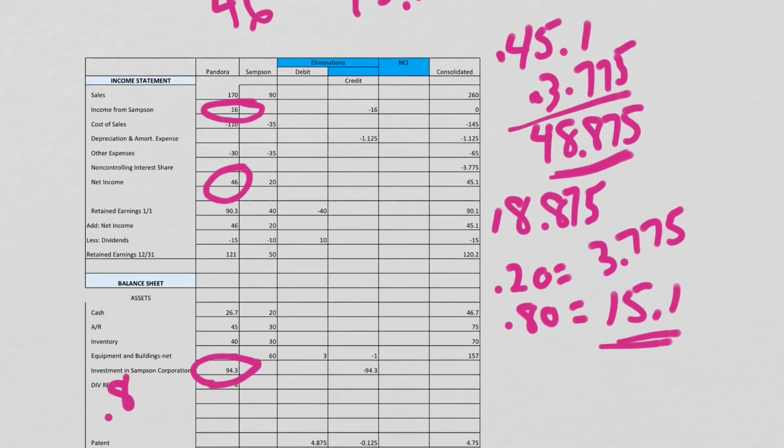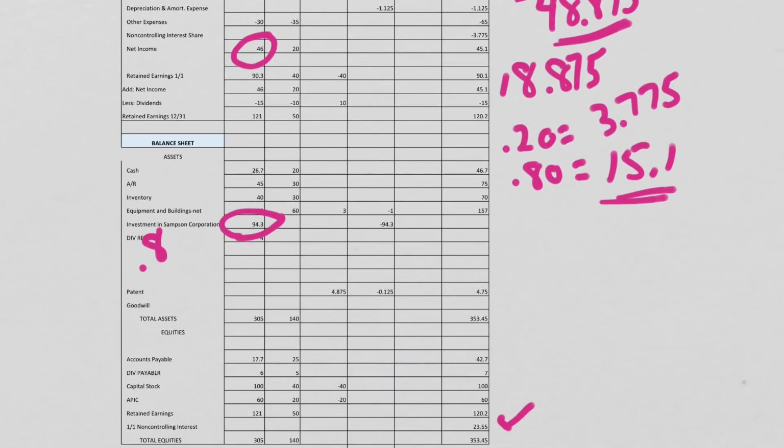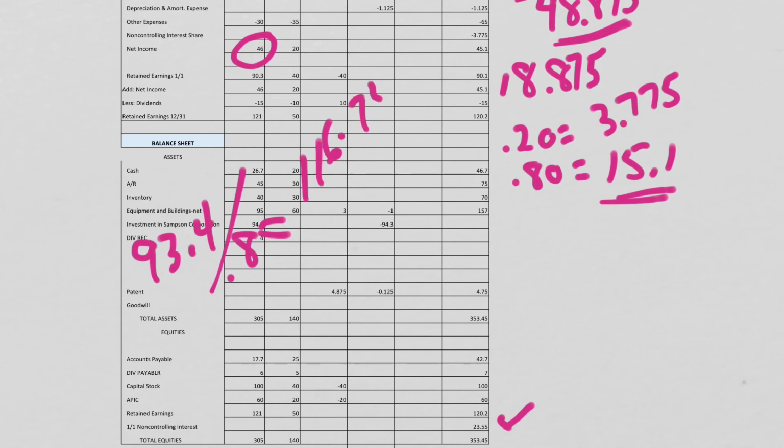So if we bring the investment down by 0.9, 93.4 divided by 0.8 gives you the total, which is 116.75. Subtract from that the 93.4, and you're going to wind up with